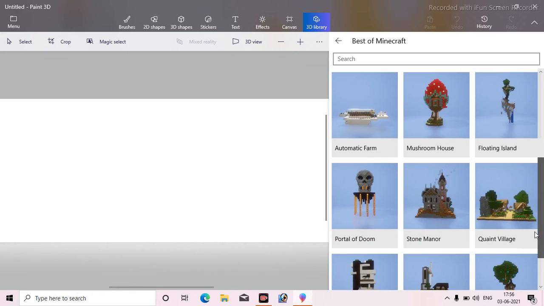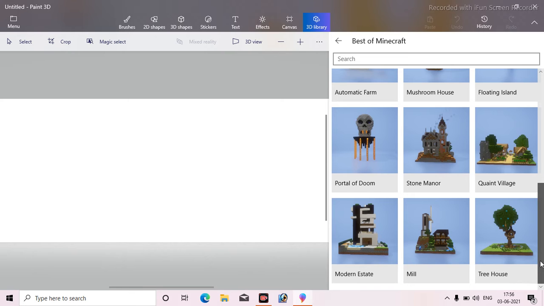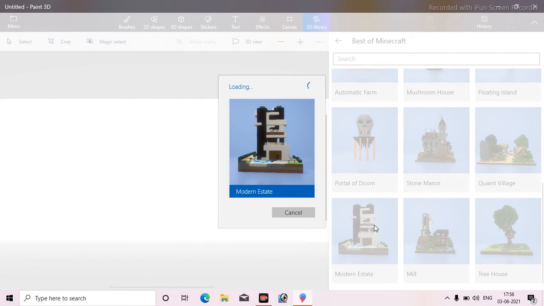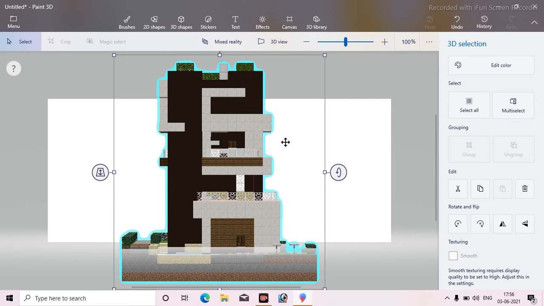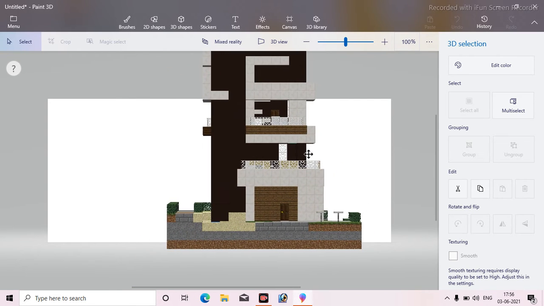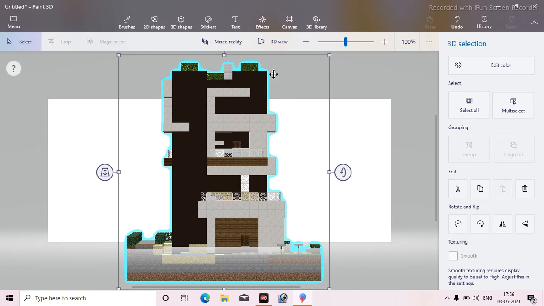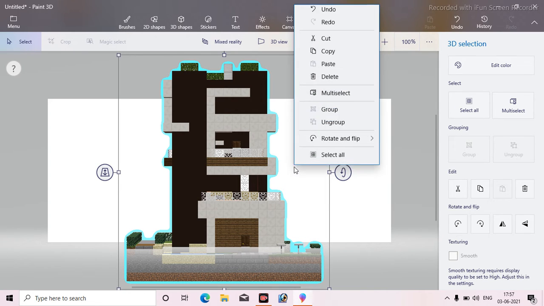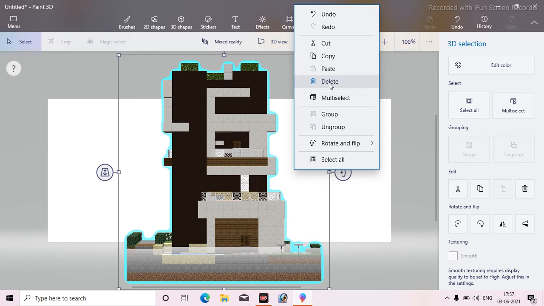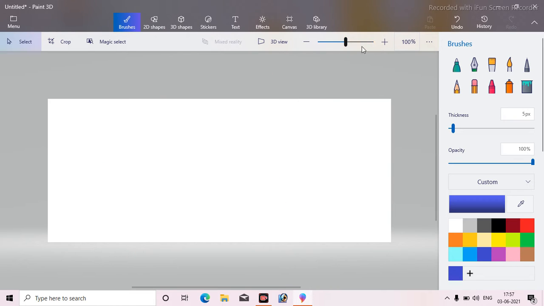Oh my god, here are also some dangerous and strange looking houses. This is made up of skull, and this is like a mansion. If I click any of them, it will appear on my screen. Oh my god, this is a mansion. Sand, wood, I think they are quartz. And at the top where my mouse pointer is going, that is an iron block. And here is leaf. Yeah, but I want to right click and delete. Now that is gone. Now guys, I will show you the paints which I have made.